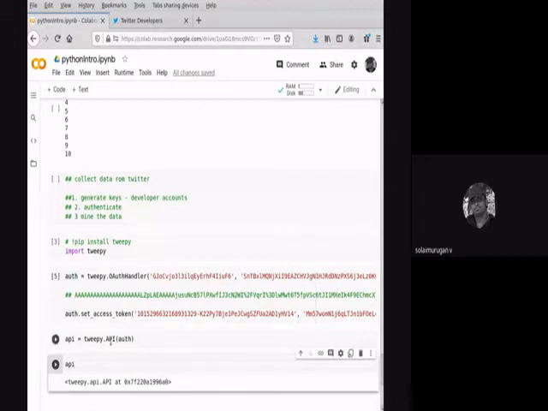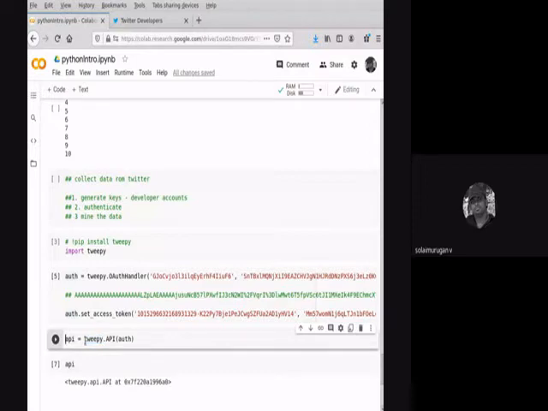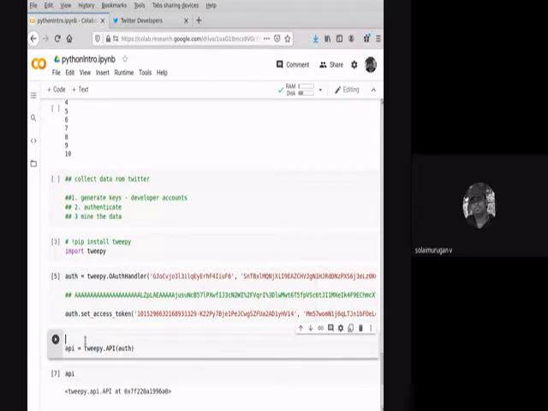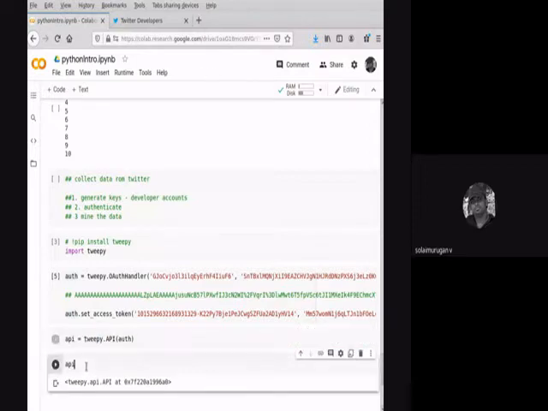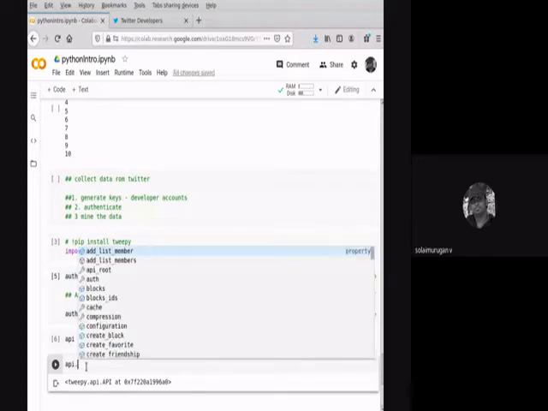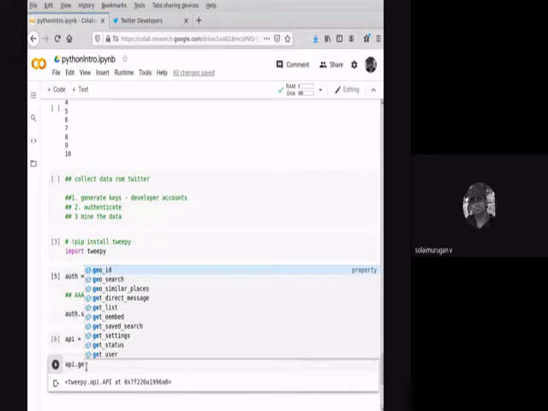Then I passed the four keys to the API. Basically this step is equal to logging into the Twitter account. Now, I'm not logging into my Twitter account; I'm just trying to get what is trending in my area or across the globe. Trends place.